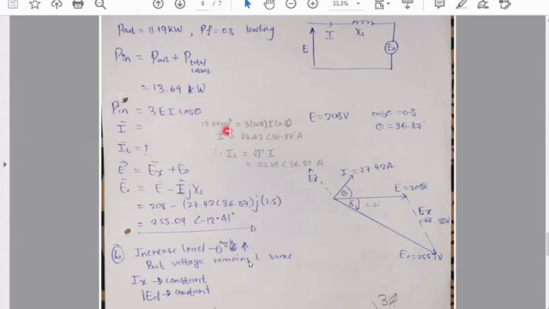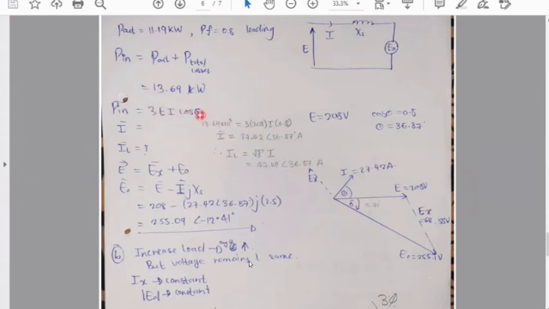Let's see. Do we have cos theta? Yes, it's given to us. Do we have E? Yes, it's given to us. And do we have P in, the input power? Not exactly, but all the information is given to us in order to calculate P in. When I say that, I mean the output power and the total losses. So when you calculate P in, this is the value that you get, and you just simply substitute it into